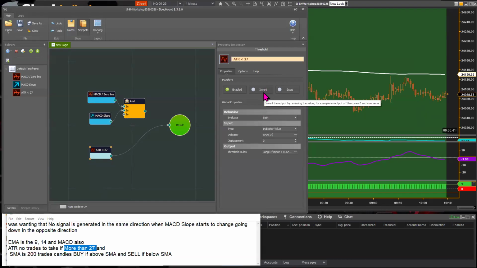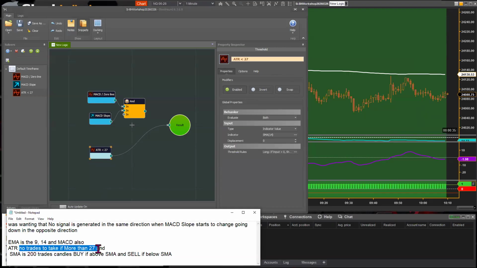So the invert actually is not a perfect reversal of what is wanted. That's why it's always better to build a solver for what you do want. And so what we want is, or well, I should say what this trader wants is when the ATR is